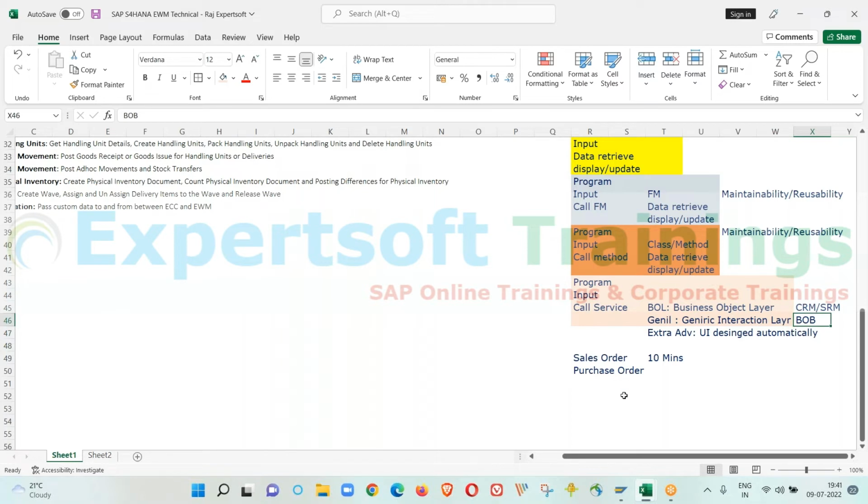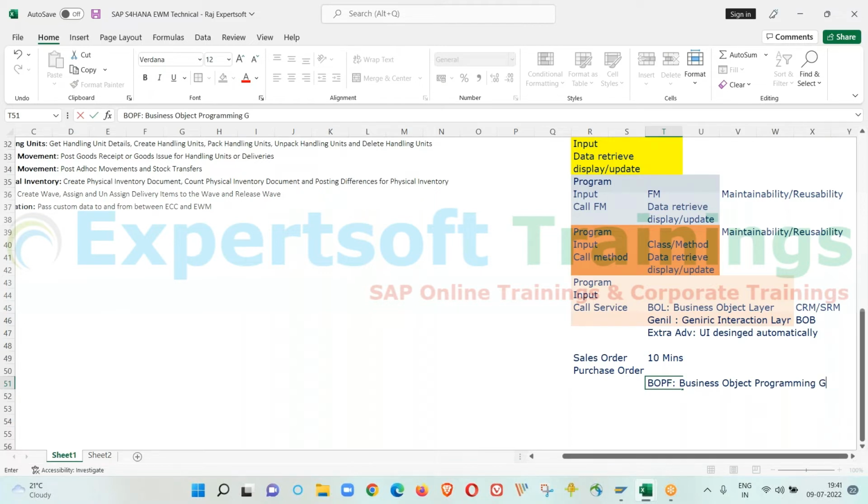And now we have the concept called BOPF. Whatever we had in POL and GNL has been implemented with much more complex tender stability. They have given a new programming architecture called the Business Object Programming Framework. And one more thing I would like to explain here is the UI. That UI is a web application where we can build apps. What is the technology behind BSP, Business Server Pages? It is a web application we can build. And coming to BOPF, FPM applications will be designed